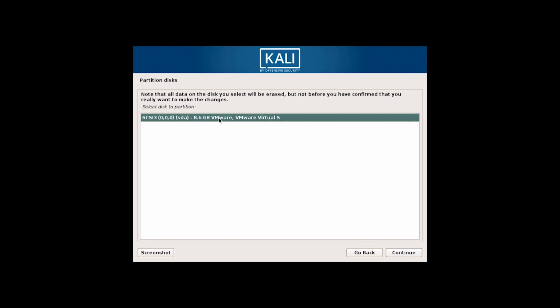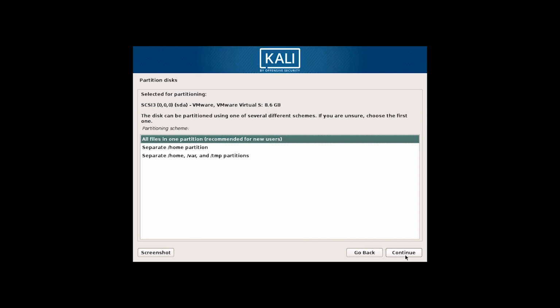In this instance, I'm setting this up on a quick VMware, only 8.6 gigs on the drive. Yours may say something different. It'll be the entire disk partition or however much space you have, and your disk information will be there. We're going to do all files in one partition, recommended for new users. We're going to keep it pretty simple. If you wanted to separate a home partition, you can partition the drive and have separate home or var and temp partitions, but we're just going to keep it real simple here. If you need more information on when you would use something like this, we can get into that, or you can look that up on your